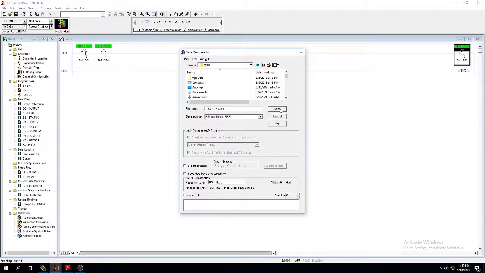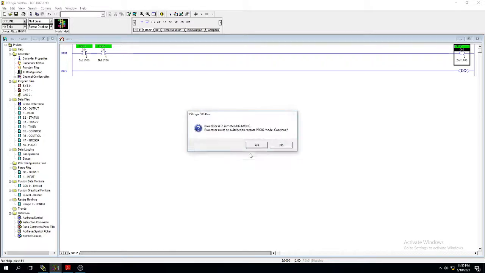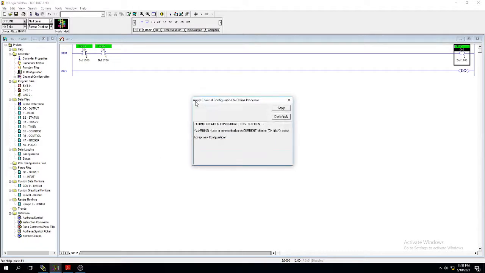Yes, and then it is asking to download the program. Just yes. Processing is generally in remote mode, so the processor must be switched into program mode. Yes. Here, apply channel configuration to online process, don't apply.